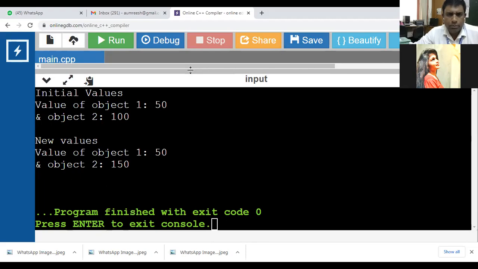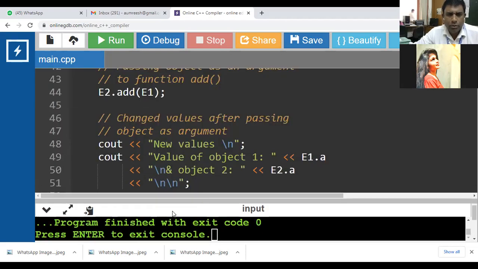So this is the program of how we can pass an object to a function. कि हम एक ऑब्जेक्ट को फंक्शन में किस तरीके से पास करते हैं।